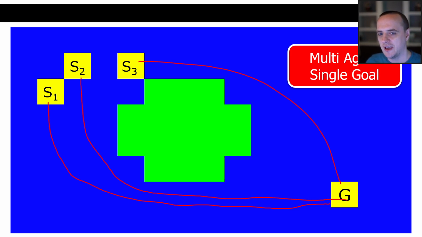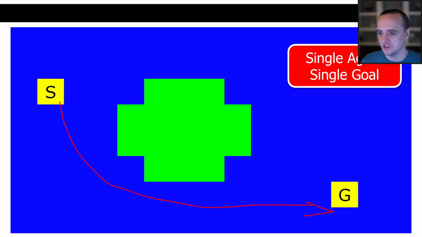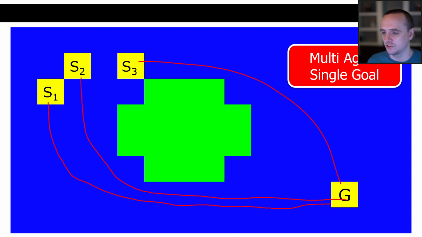With multi-agent, you could think to yourself, okay, multi-agent is really just a bunch of single agent searches. If in our single agent case, we use the A* search algorithm to get from our start to our goal, why don't we just use a bunch of A* searches to get from all of our entities to our goal?